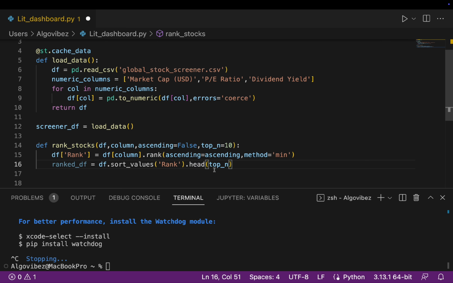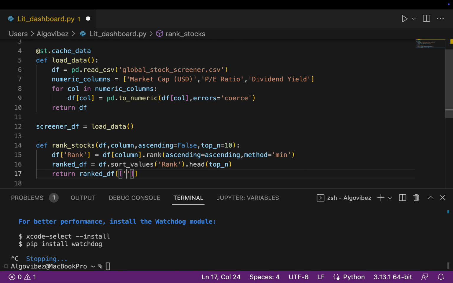So this will just bring you the top 10 values based on whatever column you were ranking here. So in this case, you have a descending value, so you will get the top 10 values in descending order here. And finally, you just return what this function is producing, and that is the rank data frame,